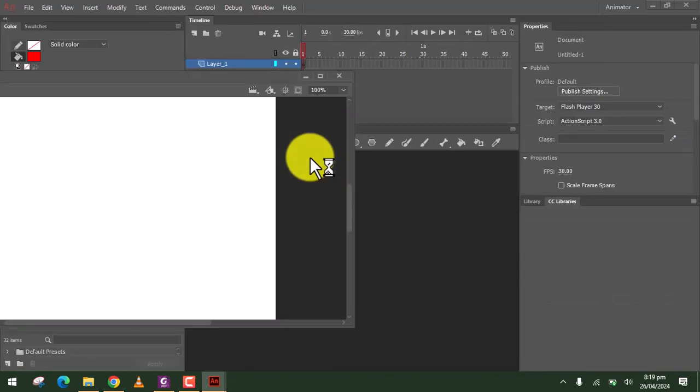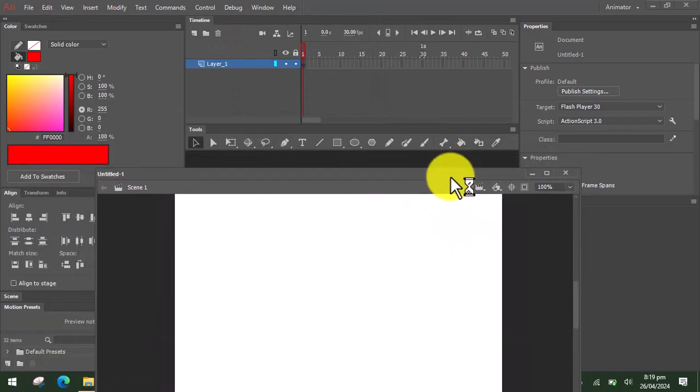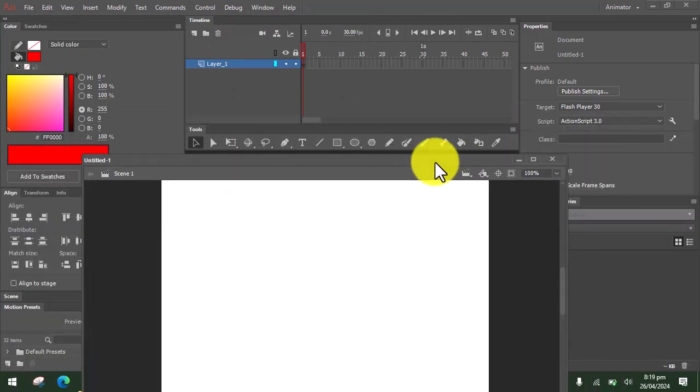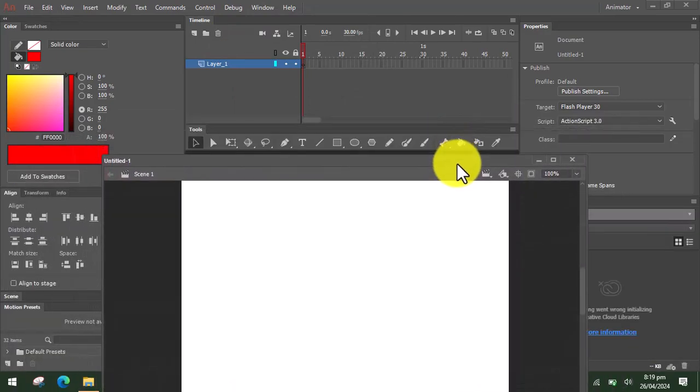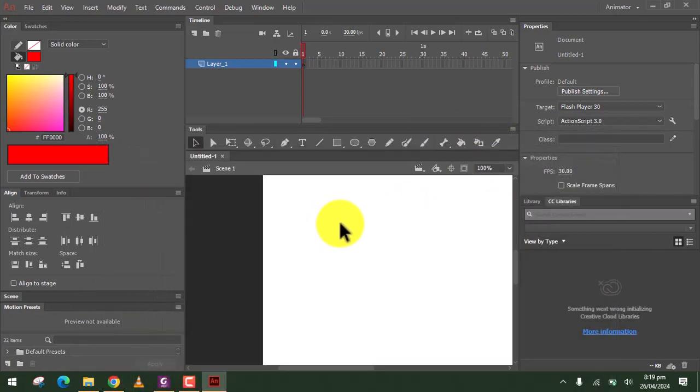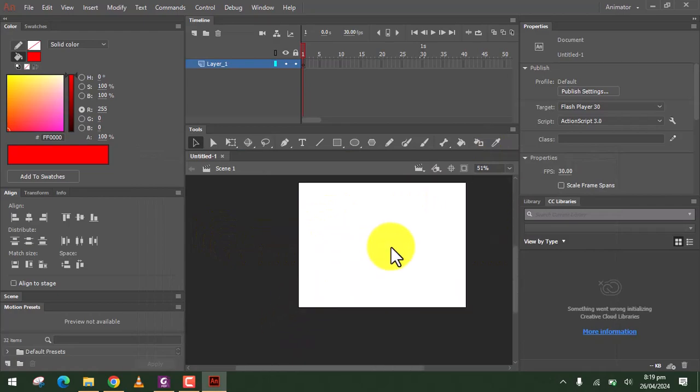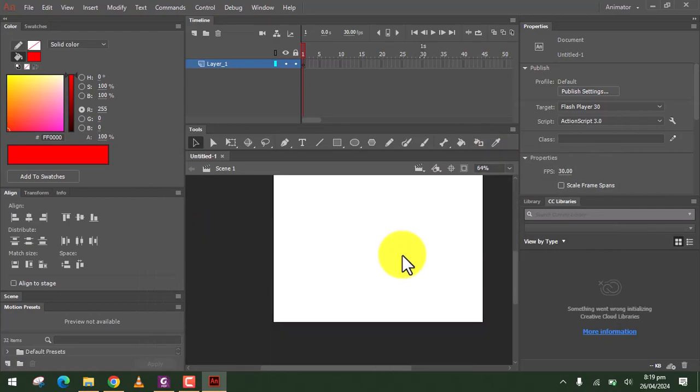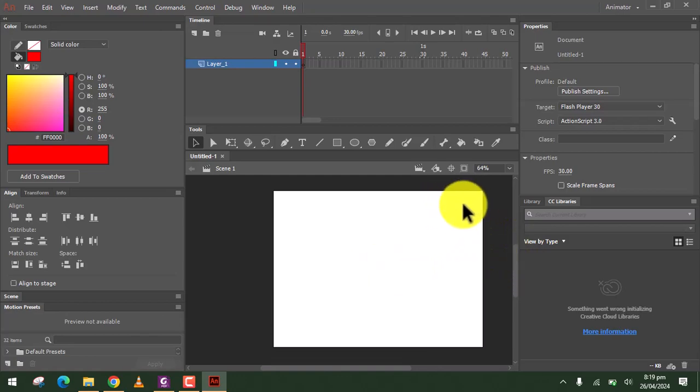Yes. I'm gonna dock this one. Yeah, like this. So this is the interface for the animator.